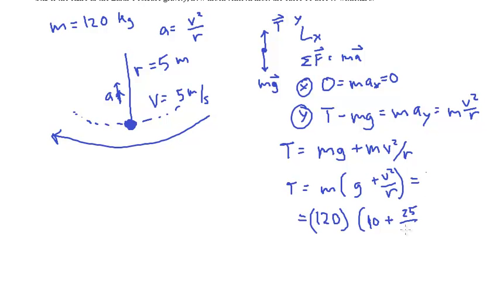So their total mass was 120 kilograms. G, I'm going to say was 10, even though 9.8 is Earth, but it's the Death Star. I should have said the Death Star's gravity is 10 meters per second squared, just to